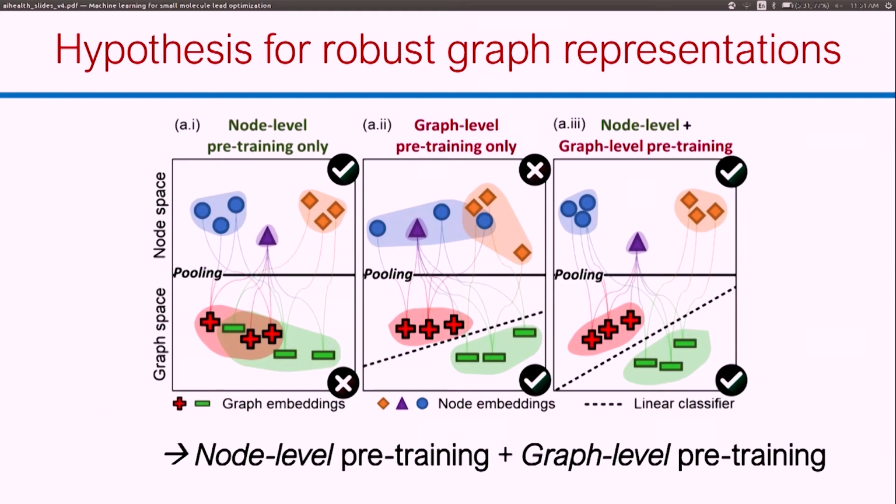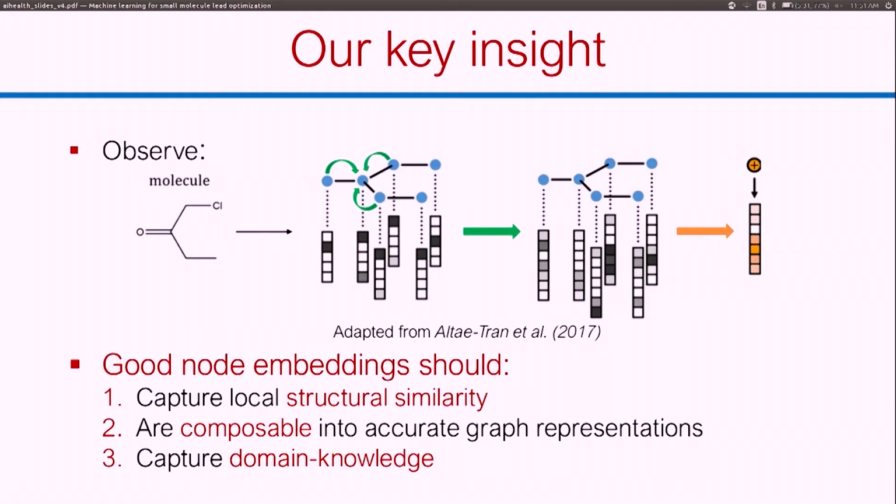So this cartoon shows our hypothesis for how to improve pre-training. We differentiate between graph-level and node-level pre-training, and this refers to where we provide the training signal. Node-level pre-training uses the node embeddings to make a prediction, whereas a graph-level pre-training technique uses the final aggregated representation